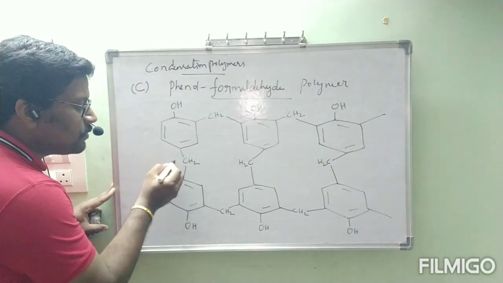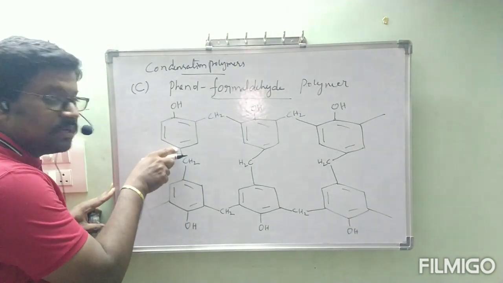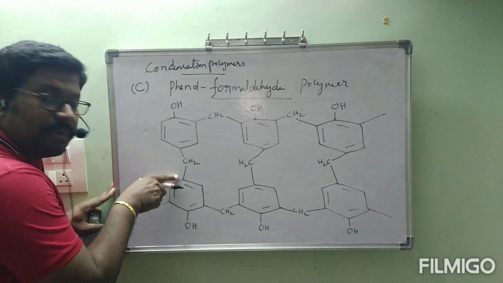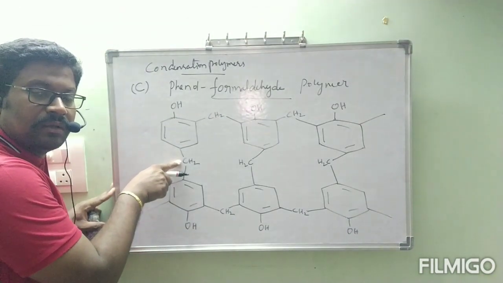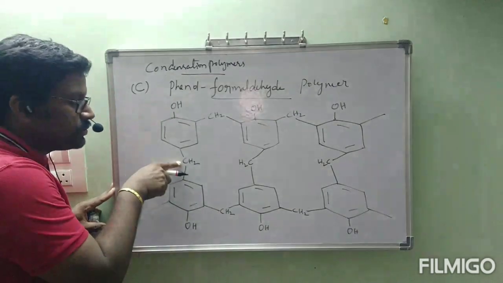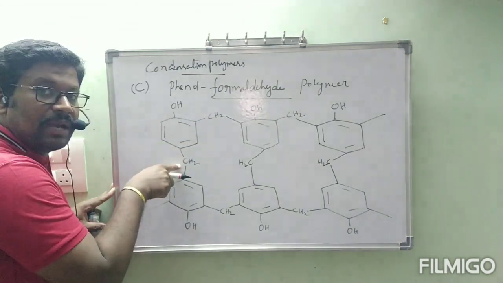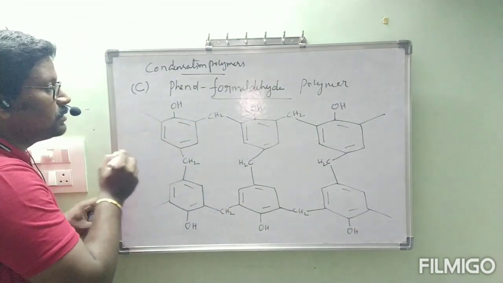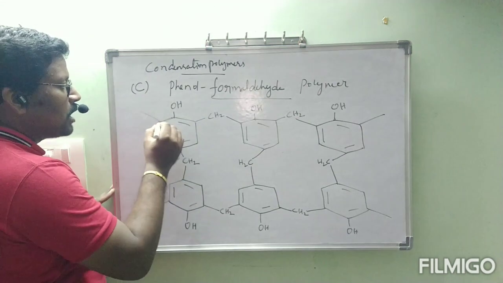Here imagine a double bond O is there. That is formaldehyde. Here hydrogen in para position, here hydrogen in para position. Hydrogen and oxygen will be removed as water. Is it correct? We will get CH2. Here how did we get this CH2? In the same way we got CH2 here at the para position. Continuation. See, correctly: ortho, para, ortho.